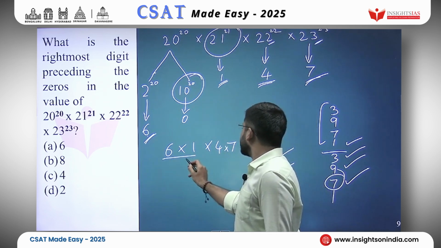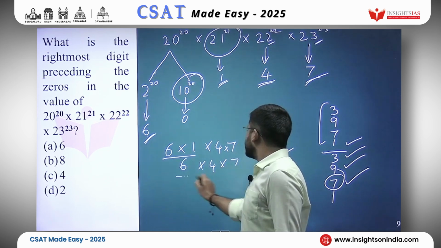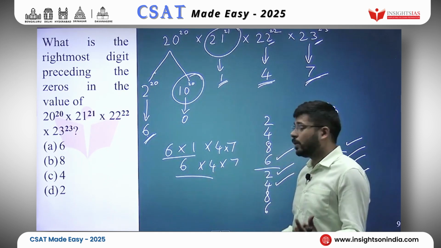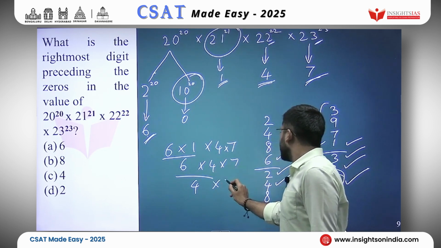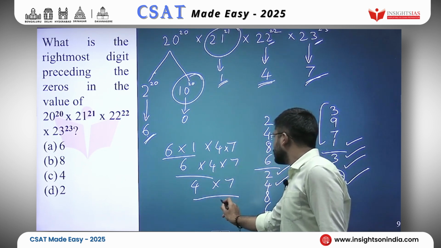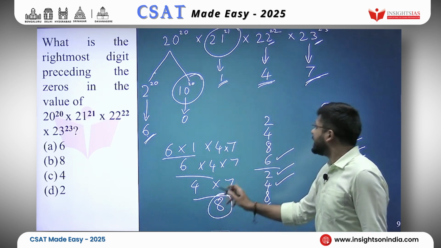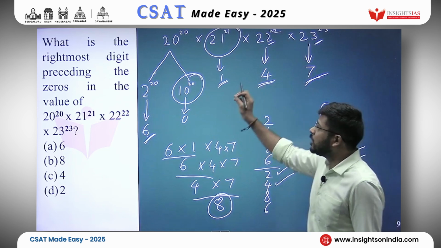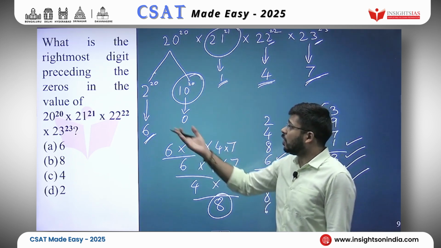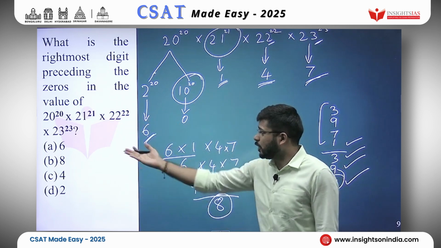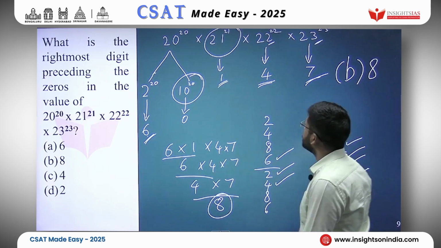6 into 1, the last digit would be 6, then 6 into 4 into 7. 6 into 4, the last digit would be 4, because 6 4s are 24, and 4 into 7, the last digit would be 8, because 4 into 7 would be 28. So ultimately the rightmost digit preceding the zeros in the right hand of this whole expression, it would be 8. So your answer will be option B,